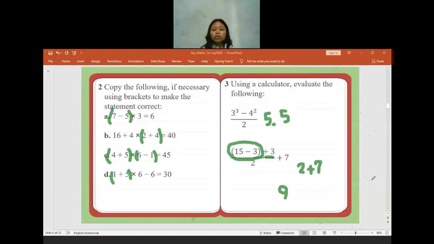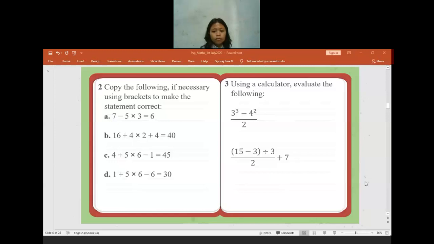Chapter 3 covered ordering from the highest to the smallest or from the smallest to the highest, making number lines, making inequalities, and then doing calculations without a calculator. Is there anyone who still has difficulties? No? Okay. If you have no difficulties, it means I can move to chapter 4 about the integer and fraction. Sir, you can continue.